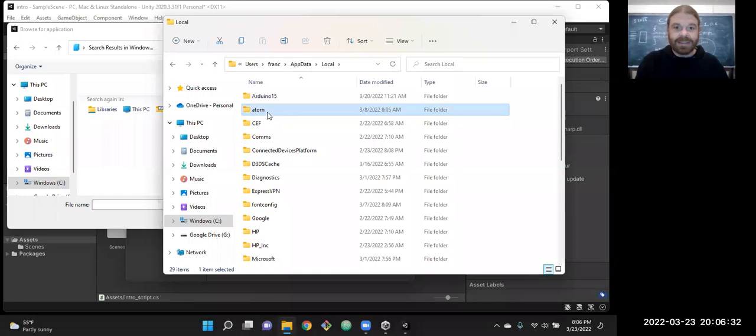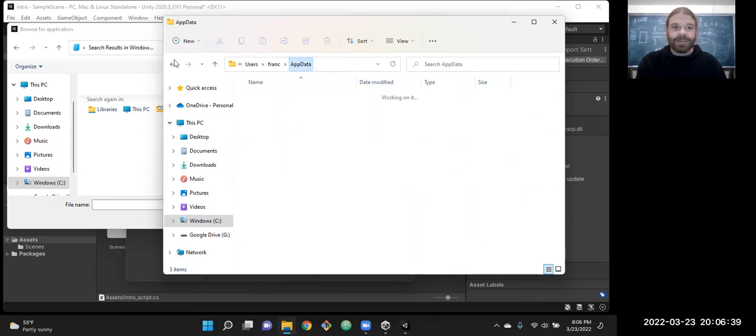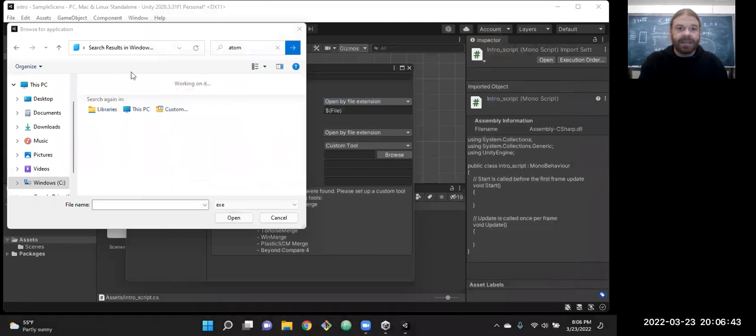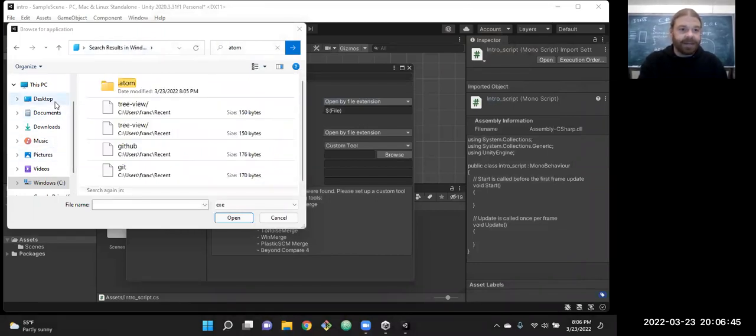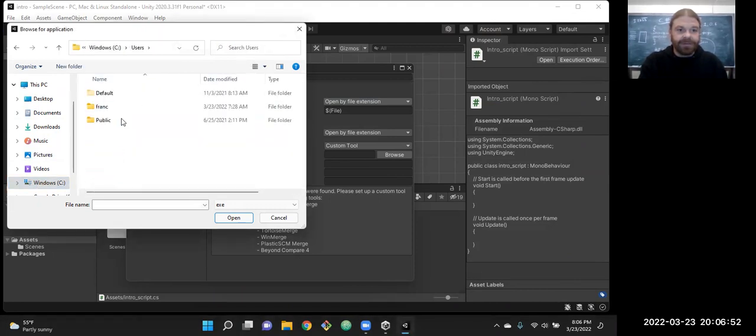Oh, there it is. So it looks like Atom installs under users, then app data. So I can find that here, under the users folder.